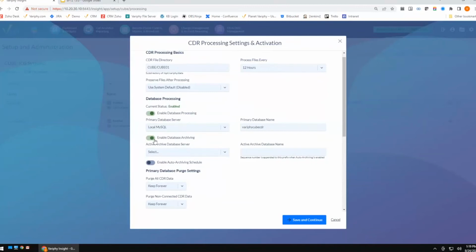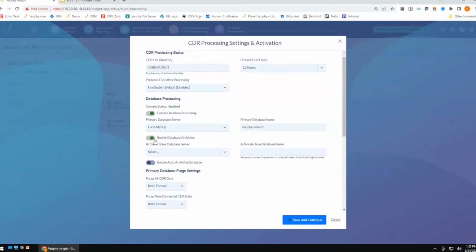Think about it. If you have to store 7 years worth of data, how often are you querying that 7th year? Do you need that 7th year worth of data to be queried when your general users are running their daily, weekly, or monthly reports? So with database archiving, you can enable this. It's going to allow Verify to automatically create what we'll call archive databases, keeping a purge schedule relatively small on your primary database and really enhancing that end user experience. Because again, like I said, year 7 is probably not being queried as much as yesterday.